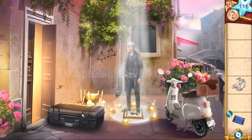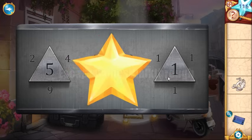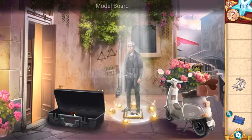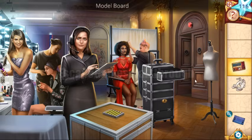So let's use the same logic here. 2 plus 4 plus 9 is 15, and divided by 3 is 5. 5 plus 2 plus 2 is 9, divided by 3 is 3, and 1 plus 1 plus 1, divided by 3 is also 1. Okay, we've got a model board, and this model board we will use here